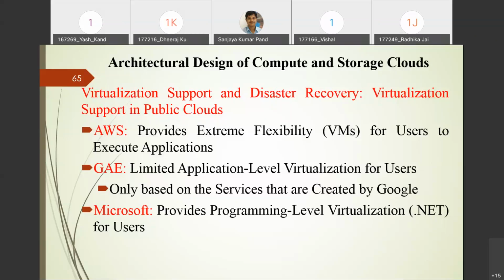That's why, if customization is required, many people are using AWS instead of Google App Engine, right? So you have to see what kind of requirement you have. Based upon that, you have to go through the characteristics of each and every cloud, and you have to subscribe to a particular cloud.